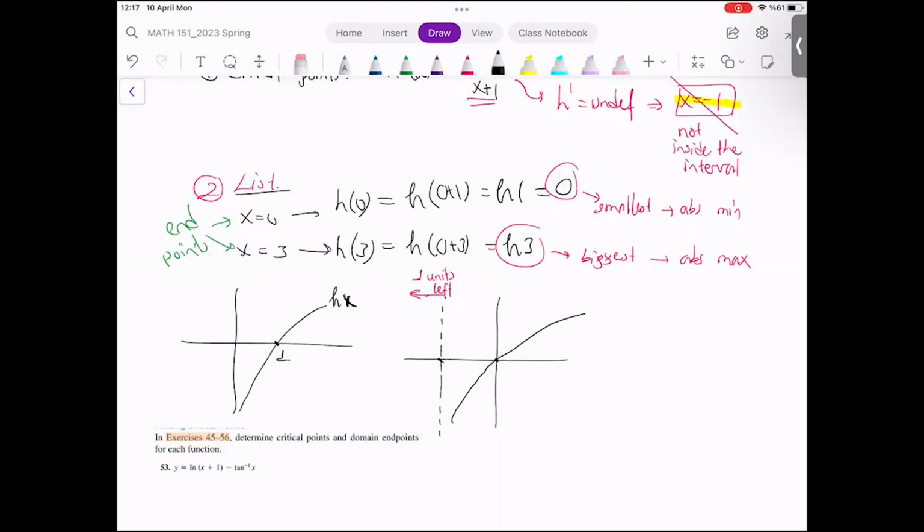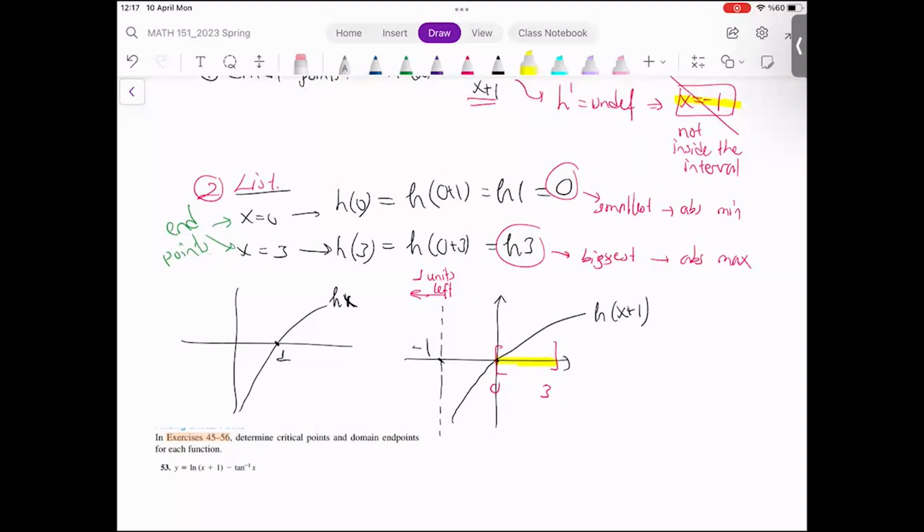This is the point -1 now. So x-axis, y-axis, ln x plus 1. Okay? So what we have found, we are just interested over this interval from 0 to 3, this closed interval, right? You just look at the graph over this interval to see the highest and smallest value